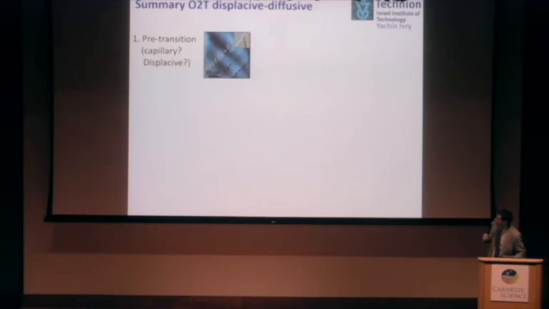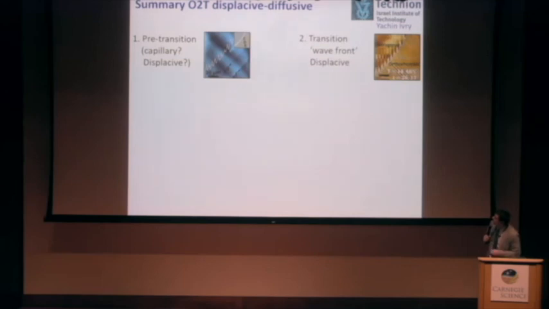So let's conclude what we had with the phase transition. In the beginning, we have the pre-transition, the ripples that we saw, maybe in this direction, and this is displacive because you see that it's organized together. Then we saw this wavefront that is going together. So this suggested